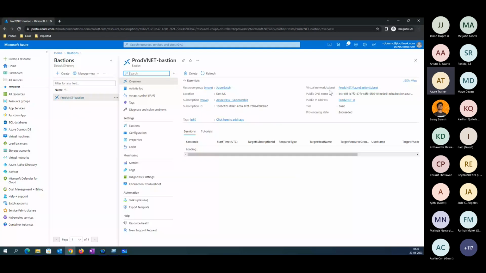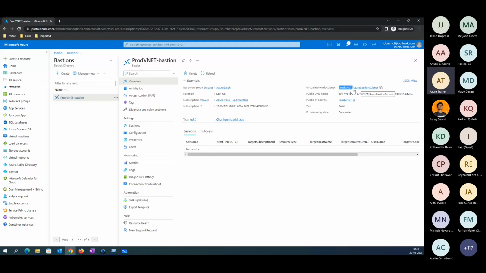What is the particular VNet? It's saying, hey admin, I have enabled a Bastion service for your prod virtual network. That is the message we are getting, saying that we created this Bastion service in a particular network. What is that network? You may see it's on the prod VNet.